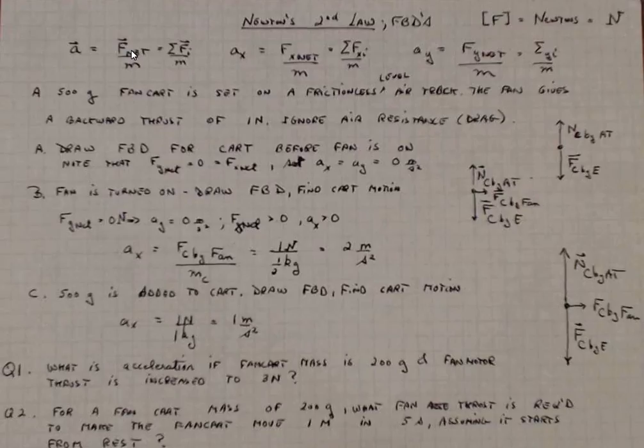And F net vector simply means all of the forces acting on the object of interest, which is why it's important to be able to identify the forces so one can get the net force from that. So the greater the net force, the greater the acceleration; the greater the mass, other things being equal, the smaller the acceleration. To state it mathematically, acceleration is directly proportional to the net force and it's inversely proportional